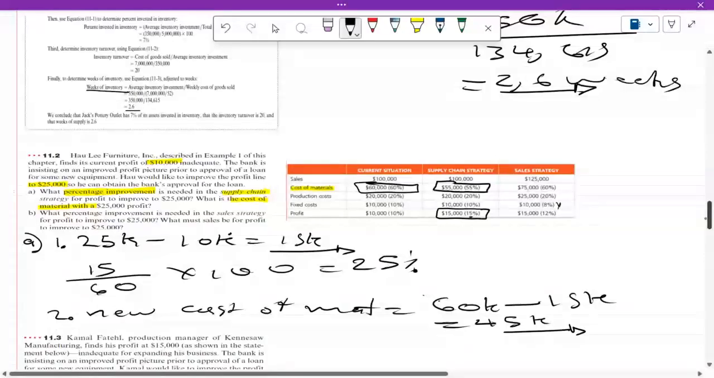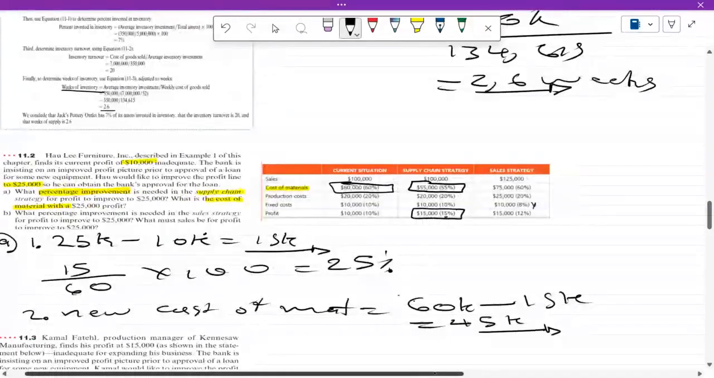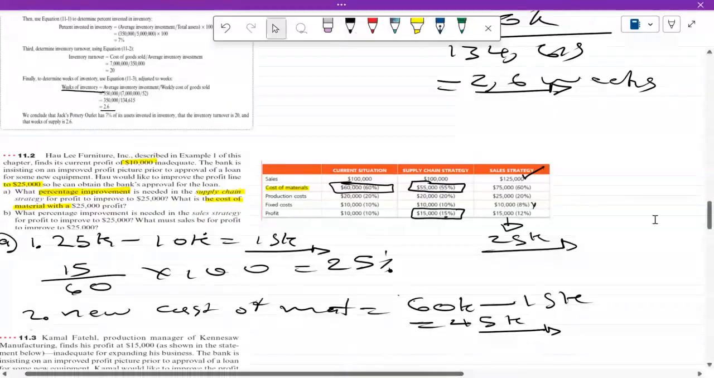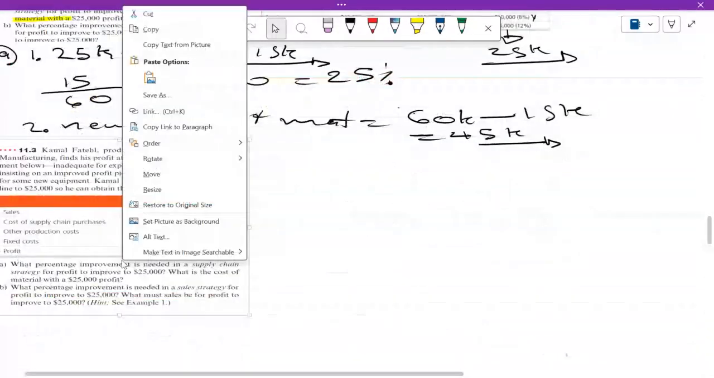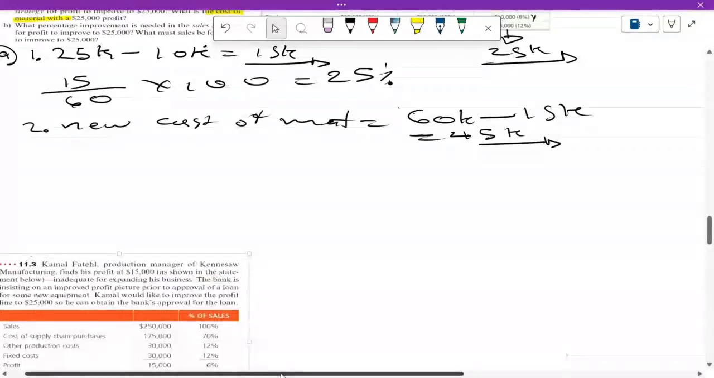Okay. So now the interesting one is the following one. What needs to happen to our sales? Imagine this exercise. We want to reach 25,000 here. What must happen to our sales? How much are our sales supposed to increase? And the next exercise is a very interesting one. I've done it twice. But first I know that they're going to ask us about